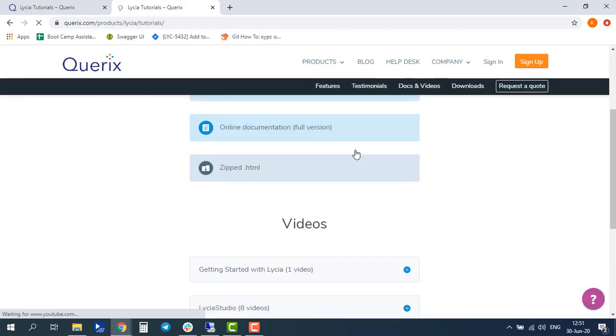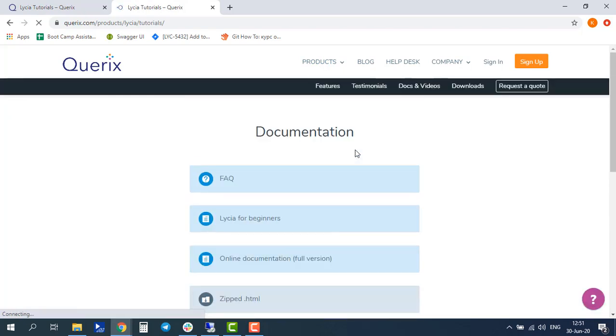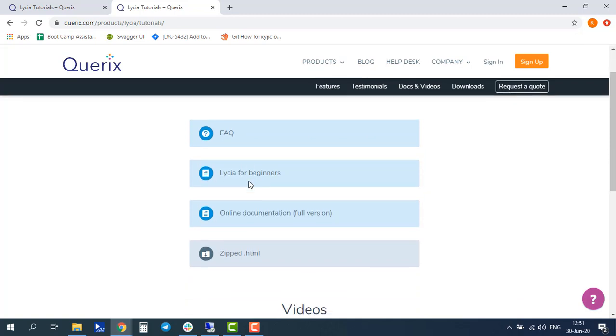Here you can see several sections displayed on your screen. Number one is frequently asked questions. Here you can find most commonly asked questions about Lycia application and its features and replies to them. Lycia for Beginners is a contracted version of Lycia online documentation which is sufficient to get first acquaintance with Lycia